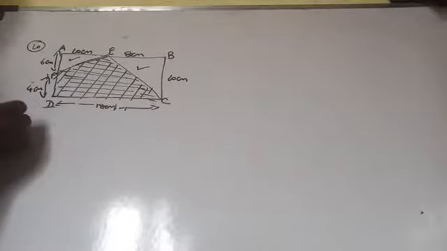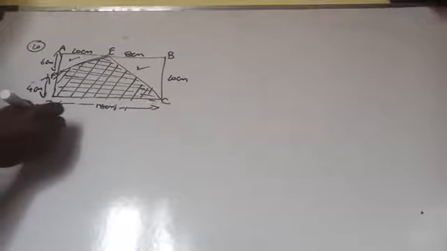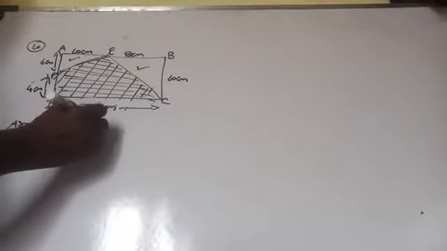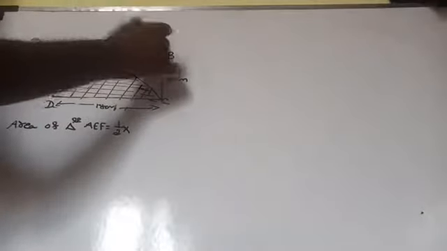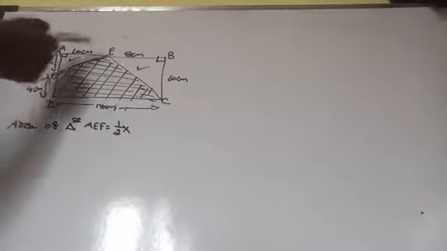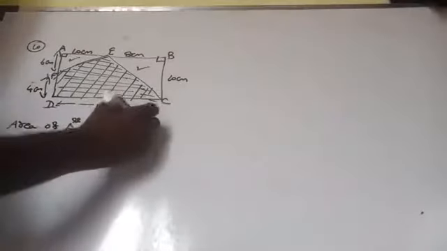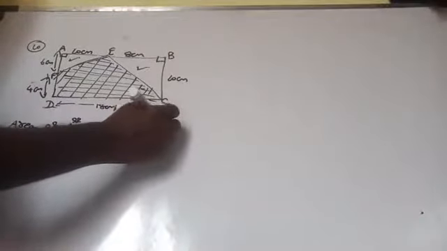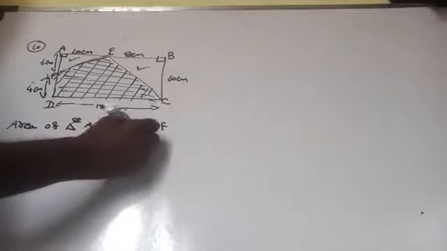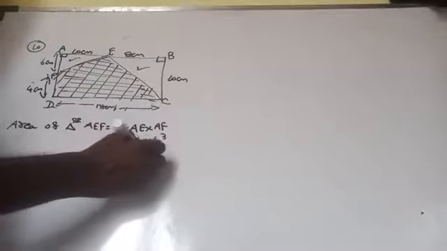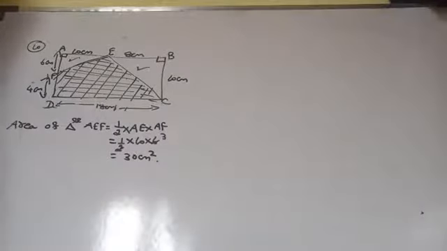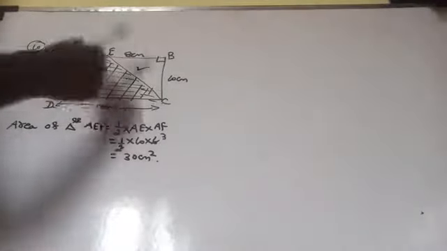Yes. Now, first find the area of triangle AEF, equal to half into base. Here it is a rectangle, so each angle is 90 degrees. So you can consider any one of them as a base. Either you can take AE as a base or AF as a base. Here I am taking AE into AF. So that is half into AE, which is 10, into AF, which is 6. Three 2s are 6, 10 3s are 30 centimeter square. Similarly you can find the area of triangle BEC now.